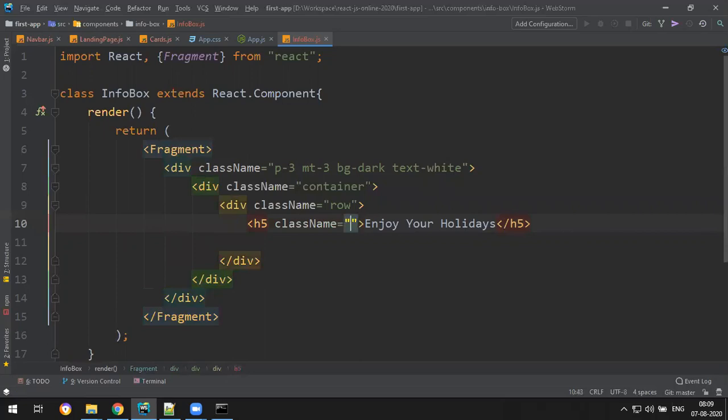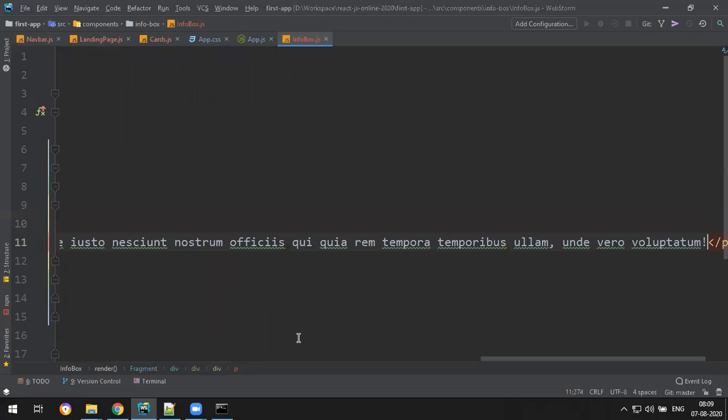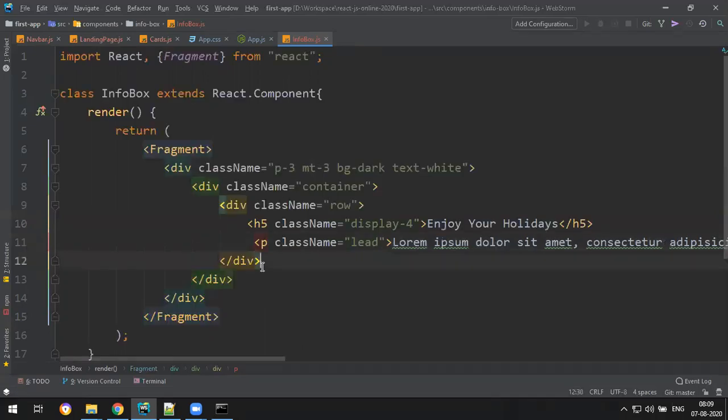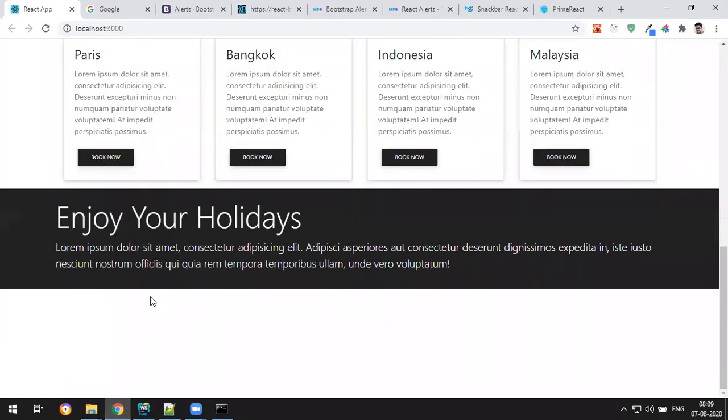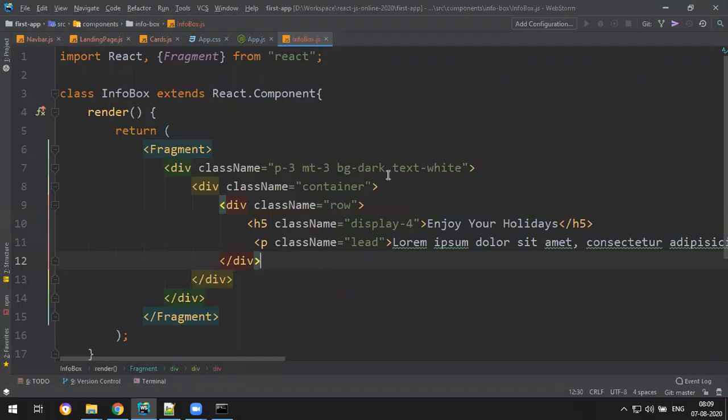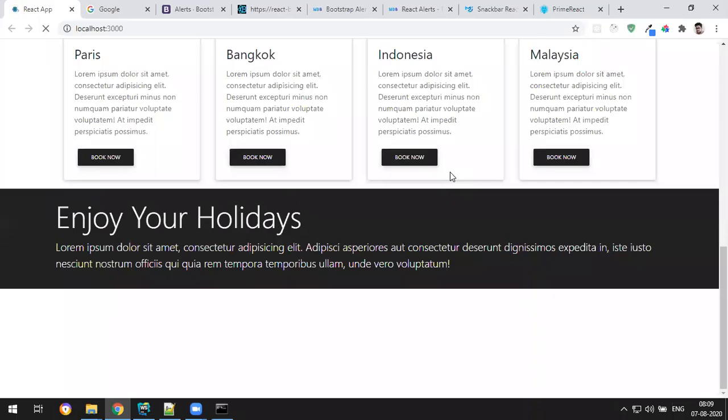Class name display 4, and some text below, p dot lead, and let's say lorem 30. Okay, basic HTML. Now check, you got this, but I want to keep it center. So text center. Okay, right. You got the text center.